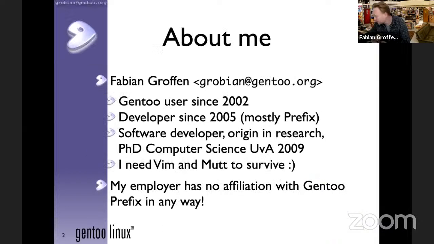So, something about me. Like I said, I've been involved with Gentoo for quite some time. These numbers actually tell me I'm getting old. Anyway, in a very brief nutshell, I have some origins in research in the Netherlands, at CWI, Centrum voor Wiskunde Informatica, and I had a need there, of course, to try and get software compiling on the systems that they had.